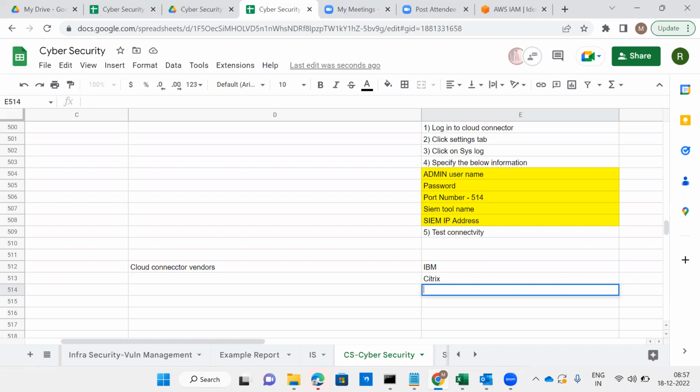NetScaler, Citrix, Pulse Secure, Fortinet client, Cisco AnyConnect. So all these are different types of vendors, and they were used in most of the work from home cases. They have their own VPN as well, Citrix VPN connectivity also. I already discussed the VPN vendors. So the next one is